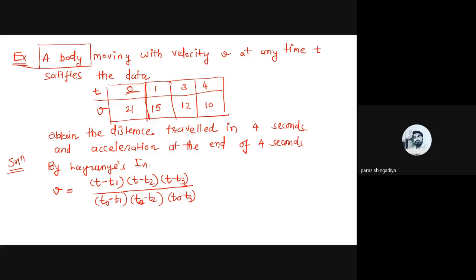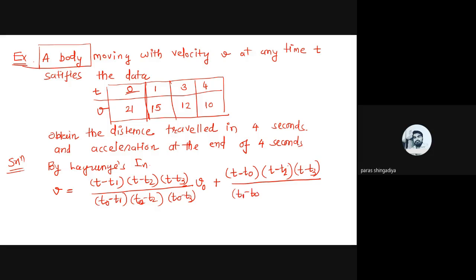That is the first term for t0, and here multiply by v0. Now the second term, that is for t1, so skip t1 from the numerator: (t minus t0)(t minus t2)(t minus t3) divided by